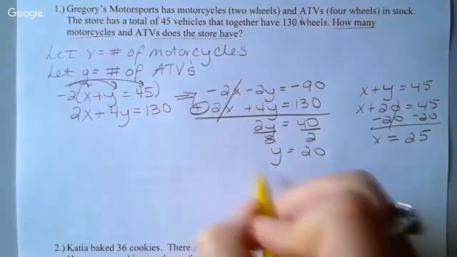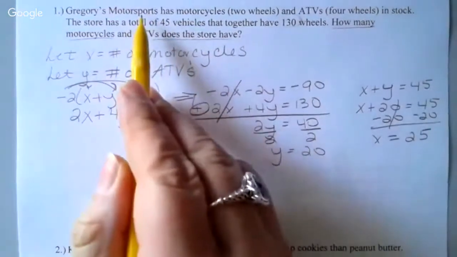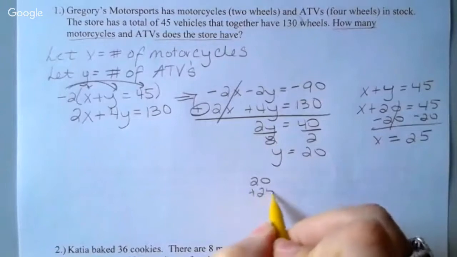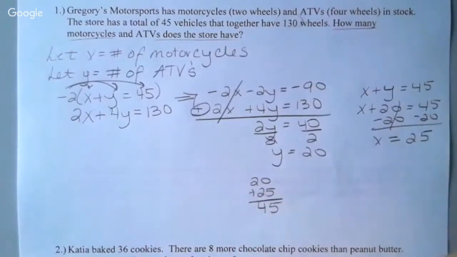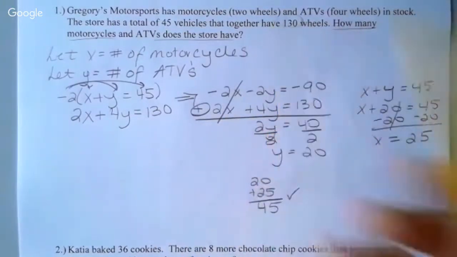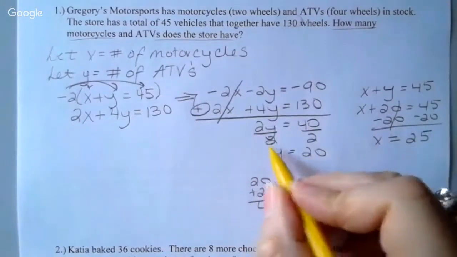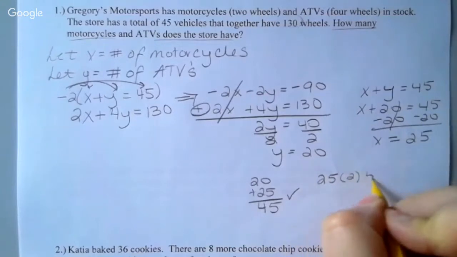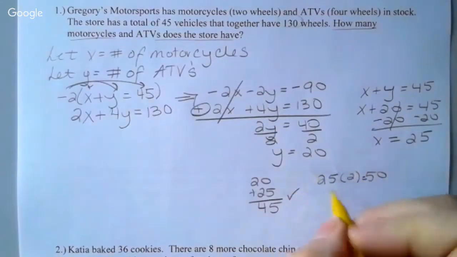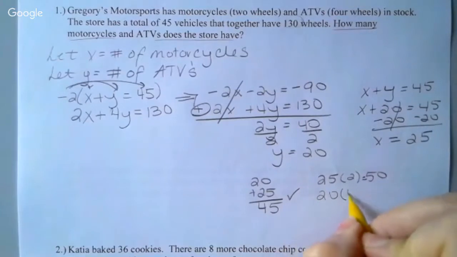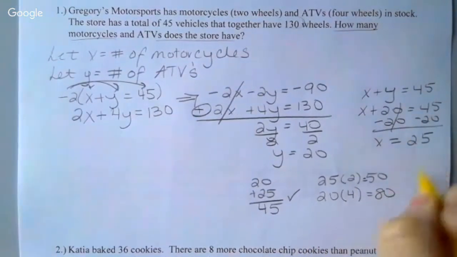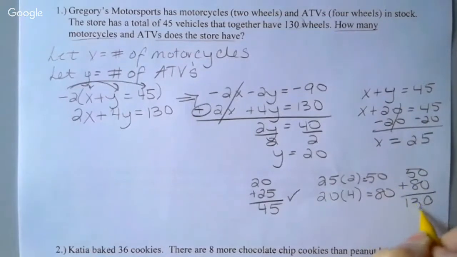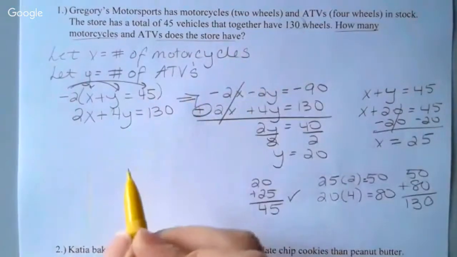So now I'm going to double check it. Going back to my word problem. So it says a total of 45 vehicles. So I'm going to do 20 and 25. That is 45, so we're good there. And then I'm supposed to have 130 wheels. So I have 25 motorcycles. So motorcycles only have 2 wheels. That would be 50. I have 20 ATVs. They have 4 wheels. So that's 80. And if I take 50 and 80 and add them together, I get 130, which is what I was supposed to have. So now I know for sure